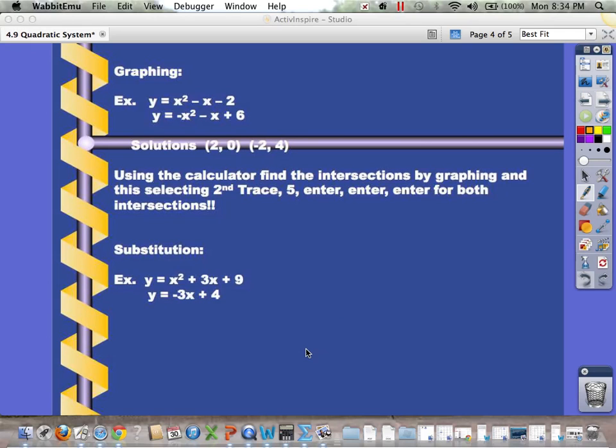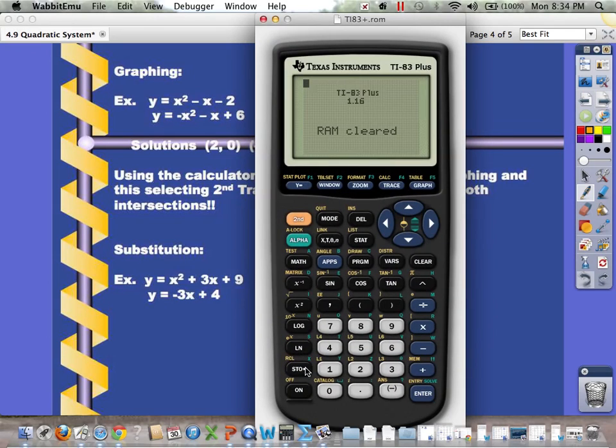What's going on and show you how to use this feature on your calculator. Alright, so both of these happen to be solved for y. Anytime you have things solved for y, you should grab your calculator and plug them in because that's already set up for you. X squared minus x